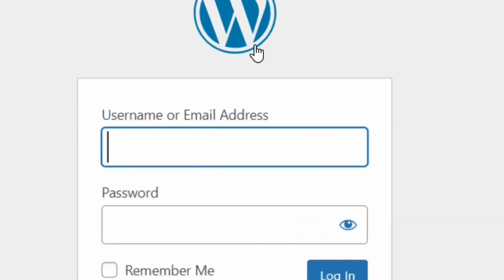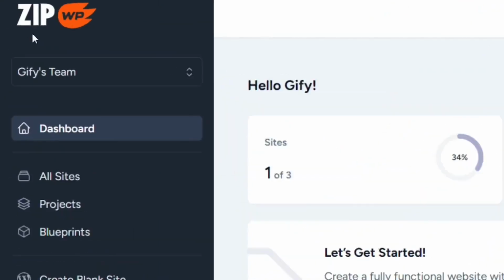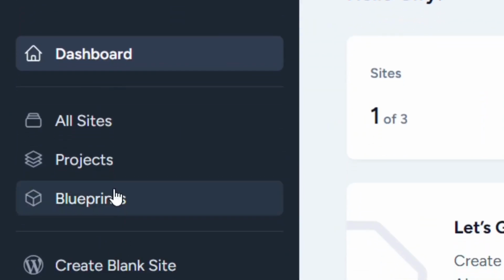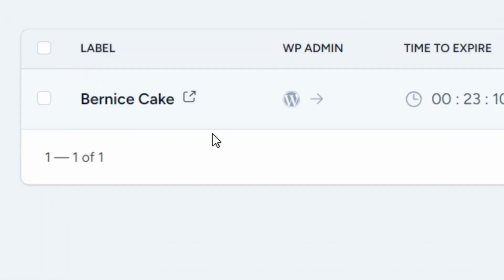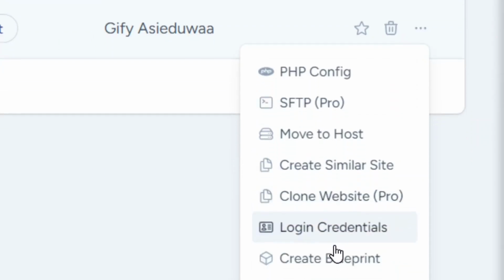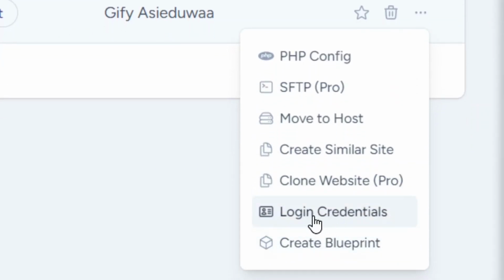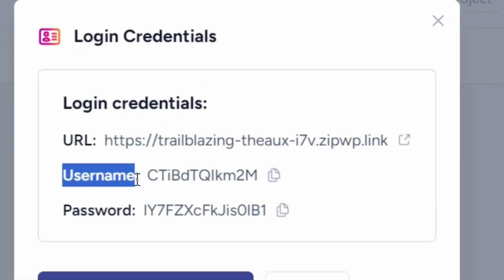Now we have to log in to our WordPress dashboard by coming here to put in the login details. What you have to do is go to ZipWP, come here to all sites and click on it. Over here, we are going to see the site that we have created. Under the action, click on the three dots, and then click on the login credentials. We are going to copy the username first. Click on copy for it to be copied,